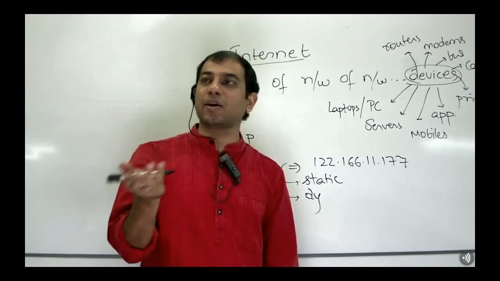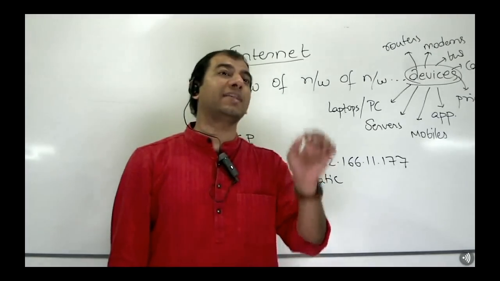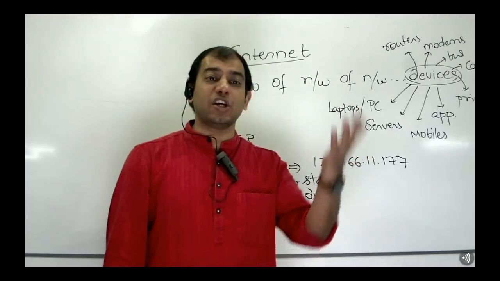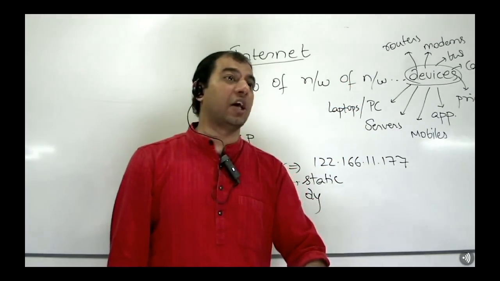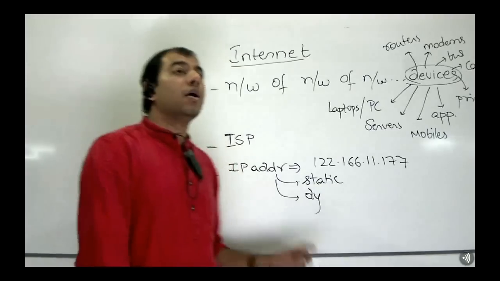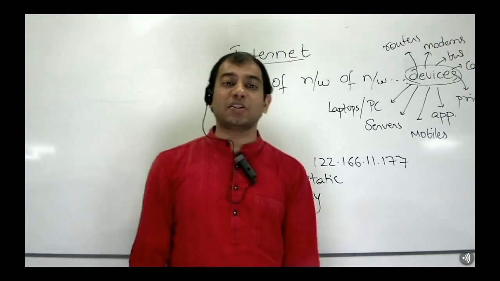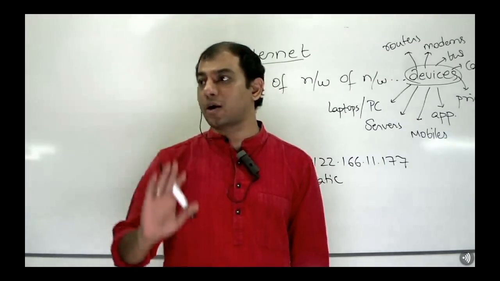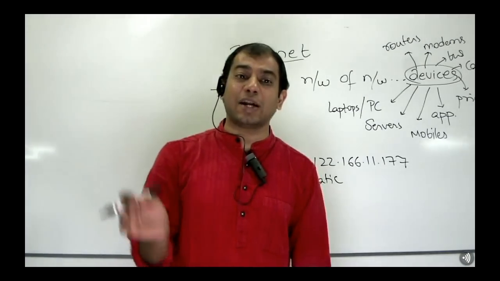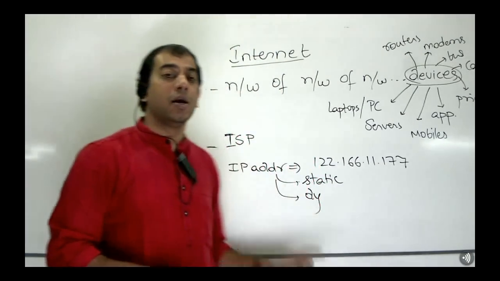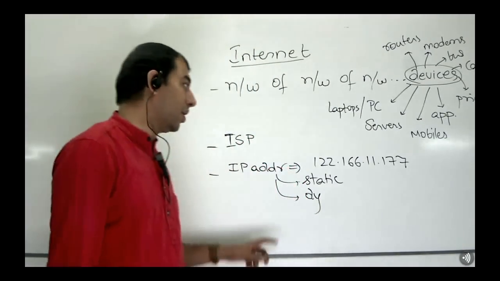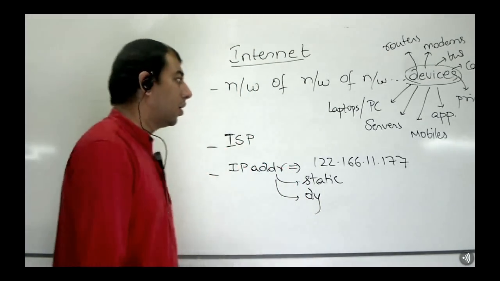Tell me, static IP address, obviously by its name itself, is suggestive that once an IP has been assigned, that IP will not change. Even if the machine or the system shuts down and restarts, what will be given to it as an IP is the same one. In this case, static IP means the same IP is given to the device no matter what, isn't it? Dynamic IP, by the very name itself, is suggestive that every time the device tries to enter this network via the ISP, it will be given a brand new identity and a brand new IP address, isn't it? That's dynamic IP.